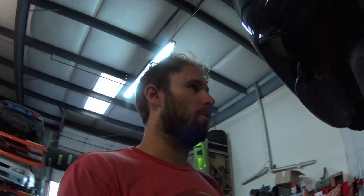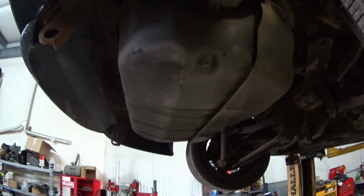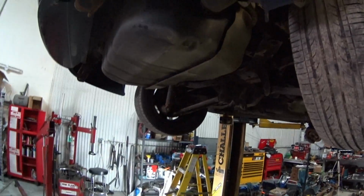Oh, and then a cool thing that I found, what am I trying to say? I was going to drain the fuel, and then I was going to have to use a fuel pump, but I guess Mitsubishi was probably like, well, these cars might sit around. I don't know how much gas is in there, but once I get all the diff and stuff in it, I'll drain the fuel, and then I'll change the fuel pump, fuel filter, and put some good gas in there, run a little bit of good gas through it, and then